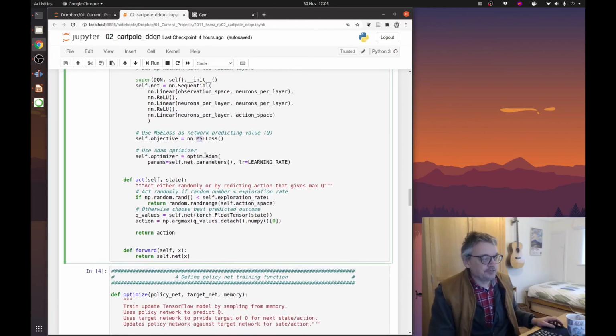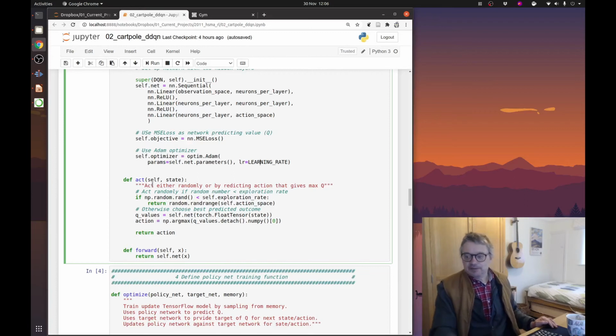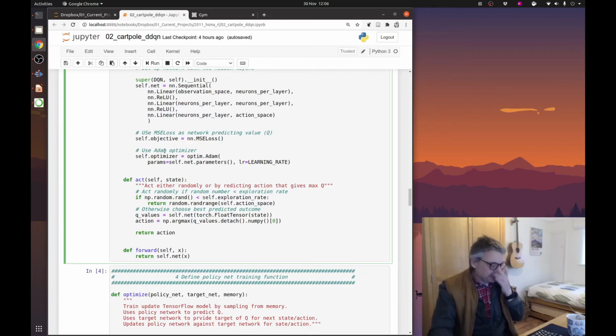Then our optimizer, we use Adam, which we mentioned is a very good first start for everything. If in doubt, pick Adam. And this is in PyTorch just how we set up Adam. You always say parameters equals self.net parameters, and then we pass its learning rate as well, which we had up in the definition. Then we've got an ACT method as part of this network, and because it knows the exploration rate,